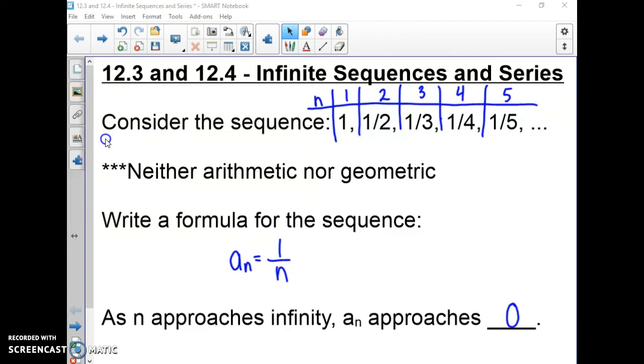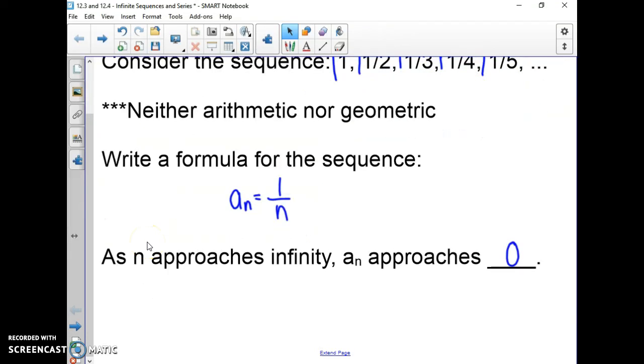Now, we are going to introduce some notation here called limit notation. Limits, although chapter 15 is called limits, chapter 12 is not, but we're going to introduce limits here. Limits are the building blocks of calculus. So if you take calculus next year, we always begin with limits. So you already understand a little bit of that going into that class. So limits look at what happens as a number gets closer and closer to a value. So to write this with limit notation,